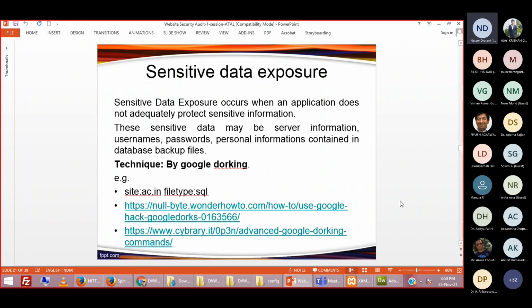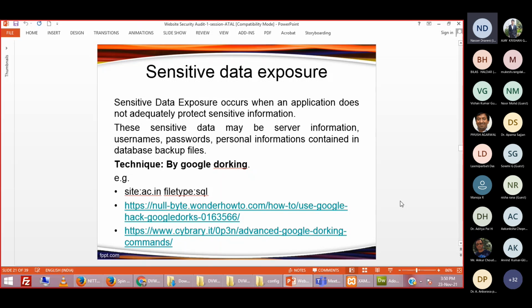It is very good practice for your website administrator to take a backup of your database periodically, on a regular basis. That is a good thing, a good practice he is doing.